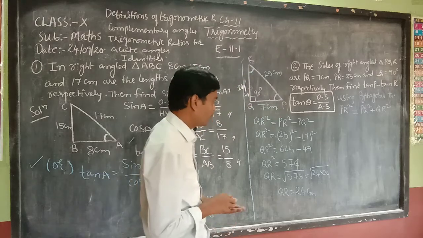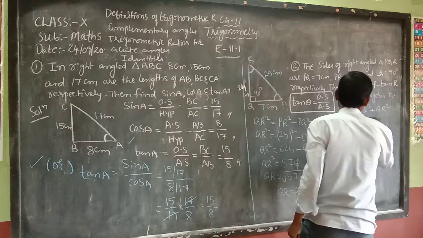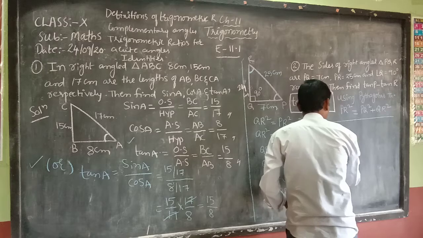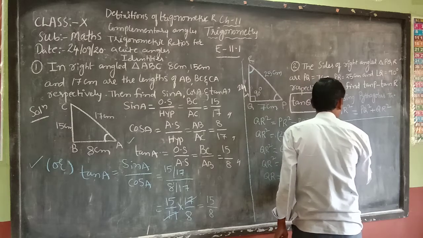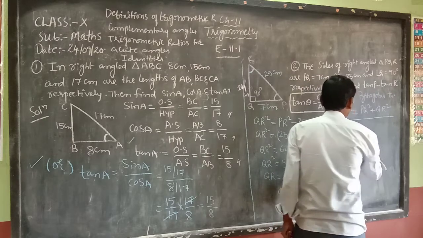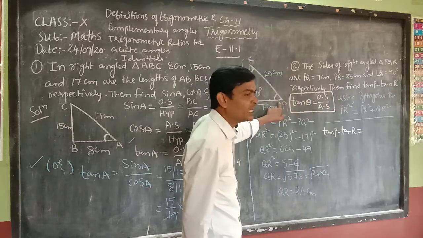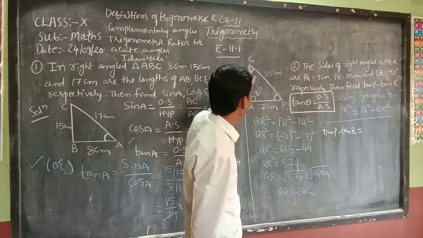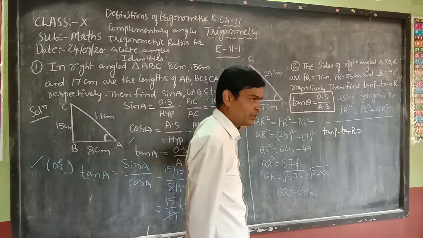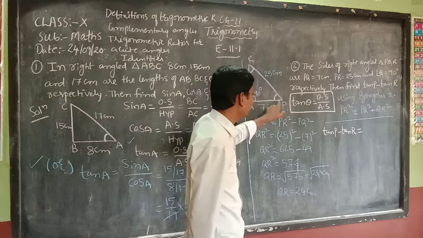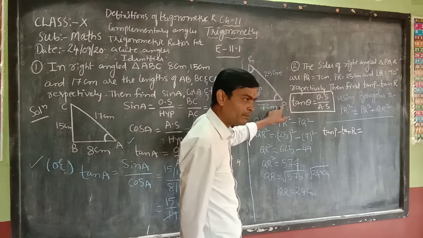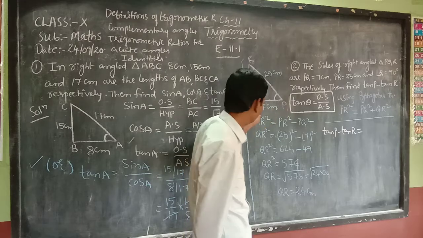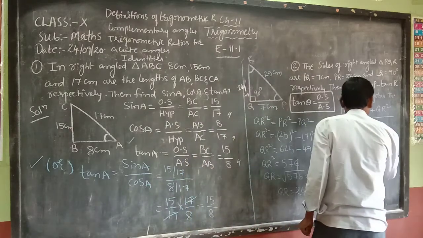Isn't it? Yes, sir. Now let me take tan P minus tan R. So I am considering the angle at P. What is the definition of tan P? QR by PQ. Why? If we consider angle at P, the opposite side will be QR, the adjacent side will be PQ. So QR by